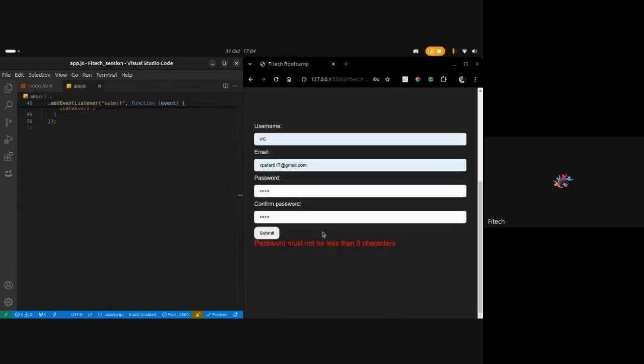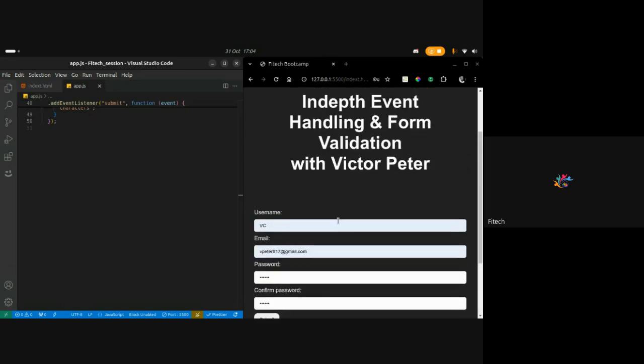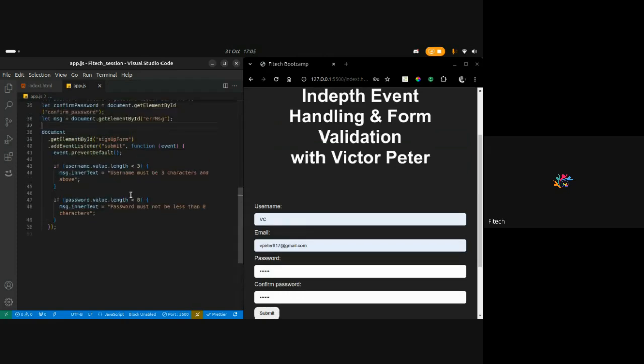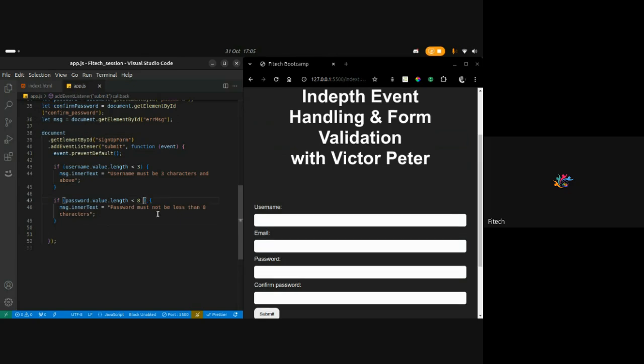Really helpful. So you can see it throwing an error that password must not be less than 8 characters, because here we are entering, I think, 5 or 6 characters, so we must enter at least 8 characters for our password for us to move further. So we can further come here and create that confirm password check. They say if less than 8, and we can say